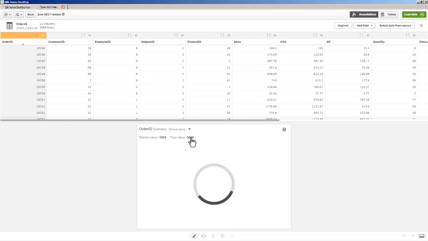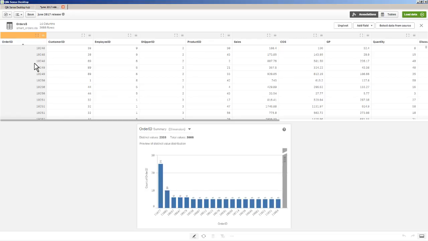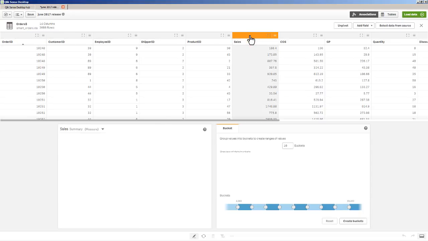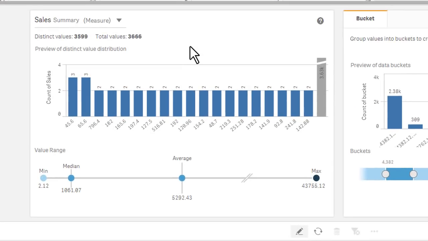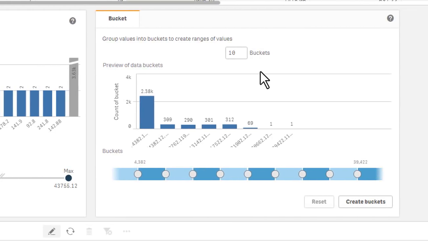And what we will do is actually select the first column, and depending on if that column is a measure or a dimension, it will actually display a distribution of all of the values. So we do some distribution profiling here of the data values. So you can see the distinct values, total number of values, and you can see the representation in this chart. And if it's a measure, in this case selecting sales, you can see that not only do we show the distribution of the values, but we also give you a value range, including minimum, median, average, and max, as well as the ability to create a new attribute, for example, to bin or bucket the size of the particular sales value, for example.